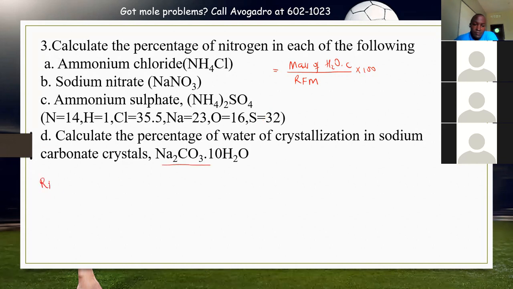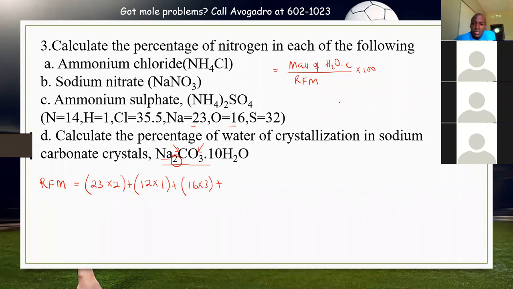So we know that Rfm of sodium carbonate will be equal to the atomic mass of sodium is 23. At least this one, in this case, it was given. However, we have two atoms, 23 times 2. Then plus we have carbon, but we have one atom, so it will be 12. It wasn't given, but at least maybe we shall get to know it. 12 times 1, then plus oxygen, which is 16 times 3. Then plus